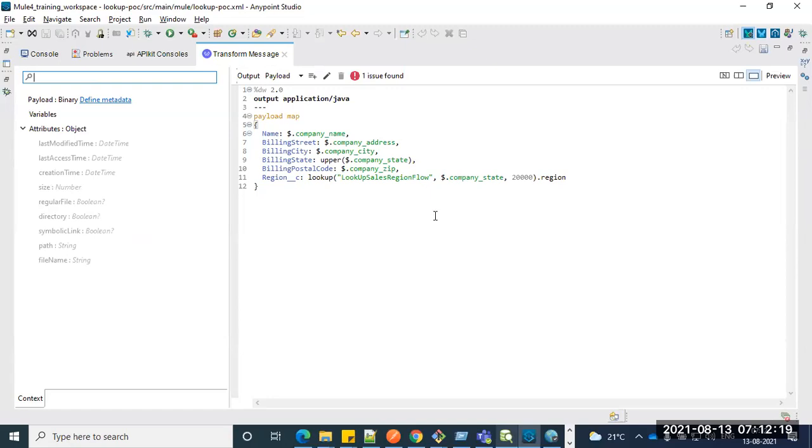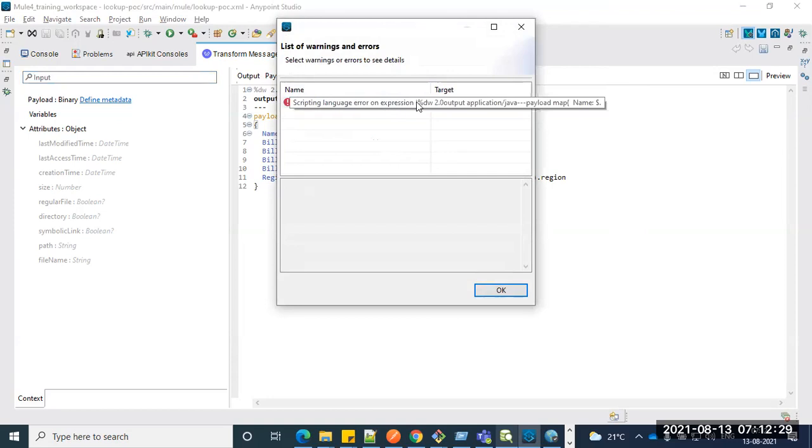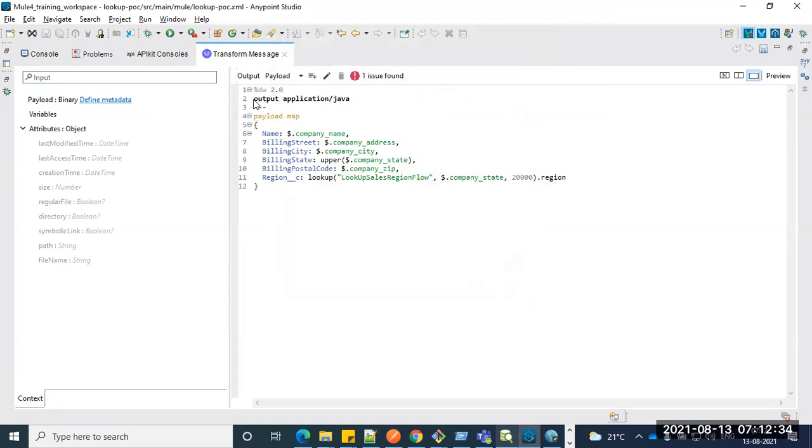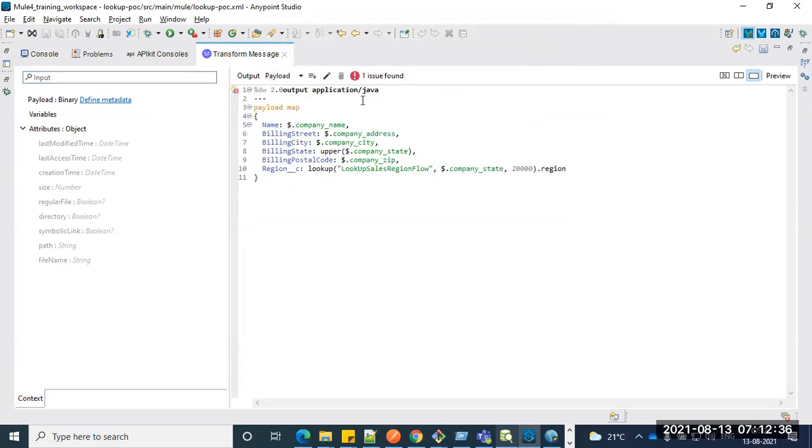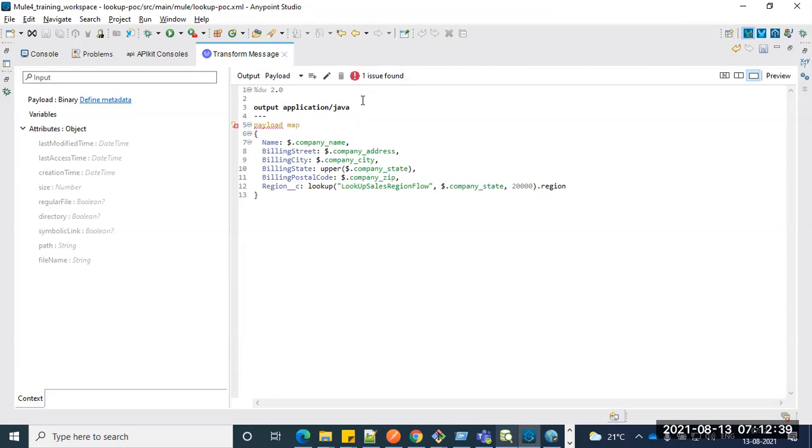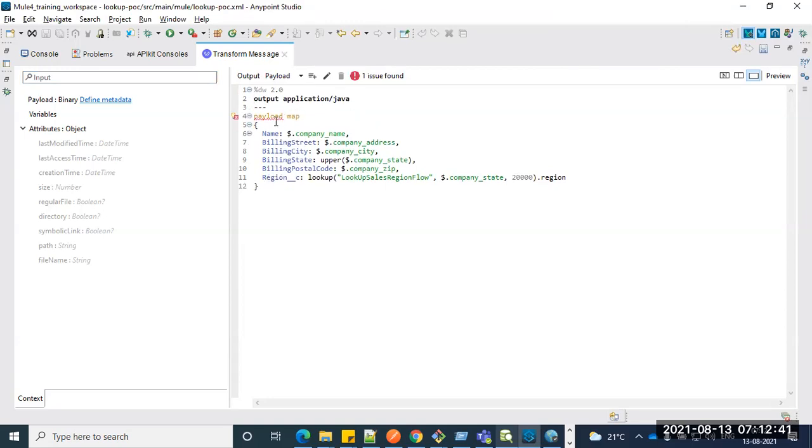But unless it's a showstopper, we can ignore it. Sometimes the transformation is not properly compiled, so it will show like that actually. If you see, it's saying percentile DW output, here it is showing an error, right? Syntax itself. It's showing payload.map, something like that. Can you just click on that? Yes, you can ignore that one actually. It's not a showstopper. It's a compilation issue sometimes.